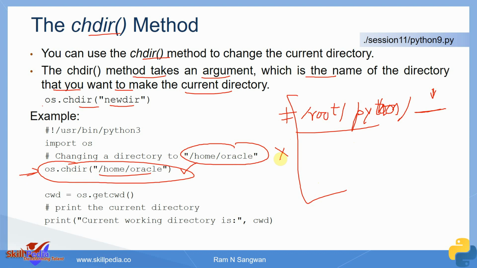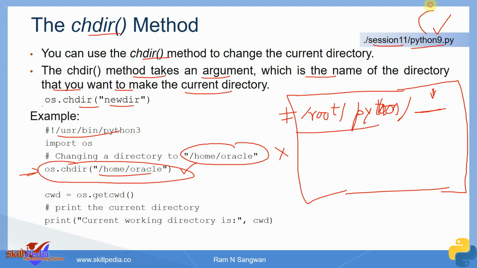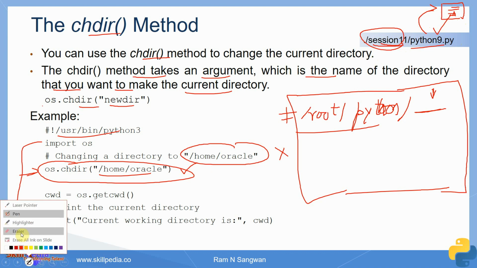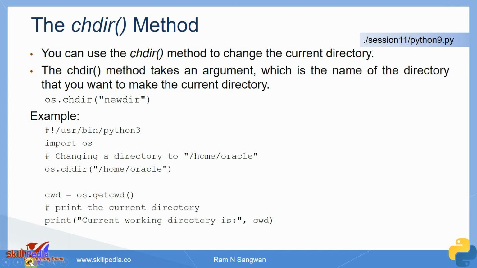You know why that happens? Because every program or shell script, when it is executed, is executed in a subshell, which essentially means when you execute the program, which executes this file python9.py, and if it is in this current directory, it will invoke another shell. Whatever you do in that shell is within the program, within this body. Once you are out of the body, you will be back in the same directory. That is an important point, a very important point. This gives you the misunderstanding of why I am placed back in the directory where I was working. We need to understand that.